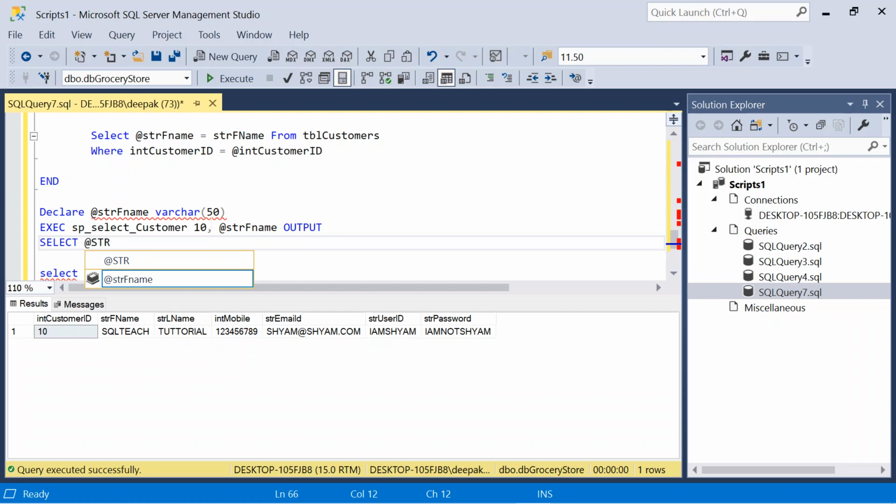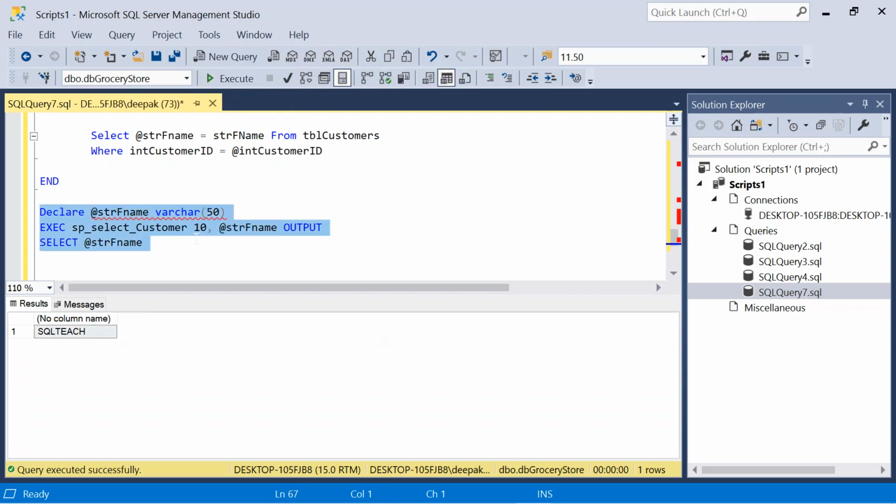Select as name, right? So we have declared a variable with the name strfname and we just passed both parameters to our stored procedure. One is customer ID and another is to return the value of strfname. Let's execute this and you can see the name is returned.